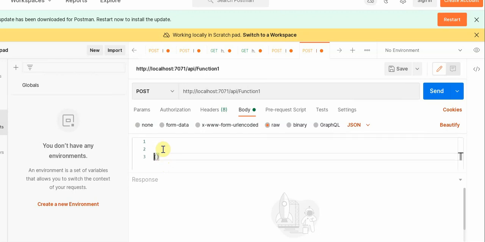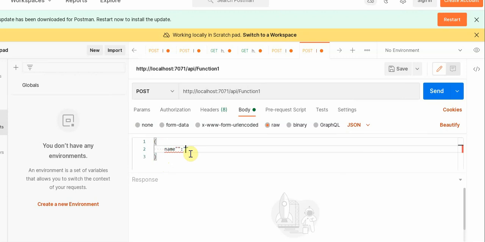I'll just pass the name. This is the JSON format that I am giving over here.